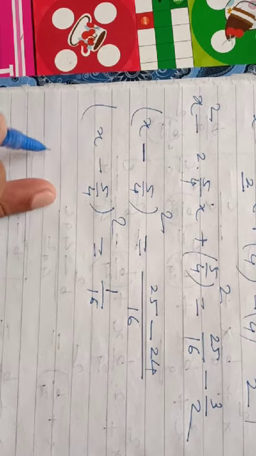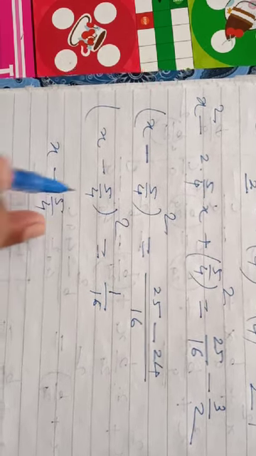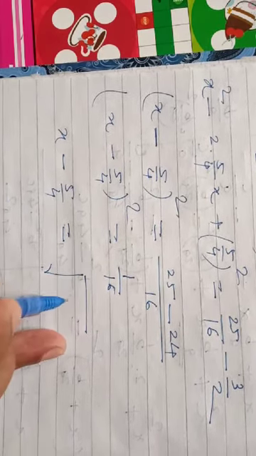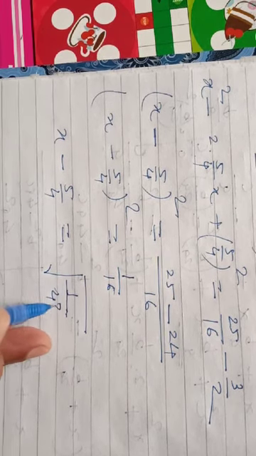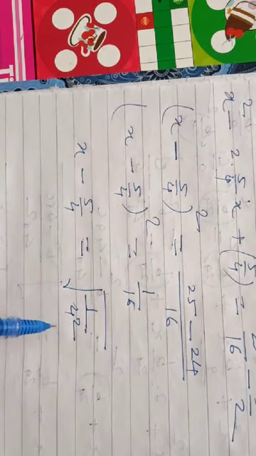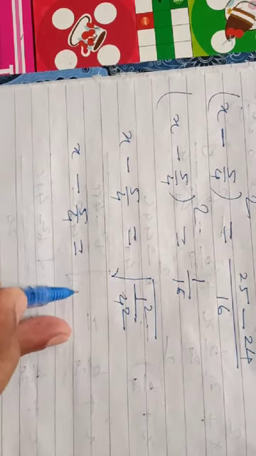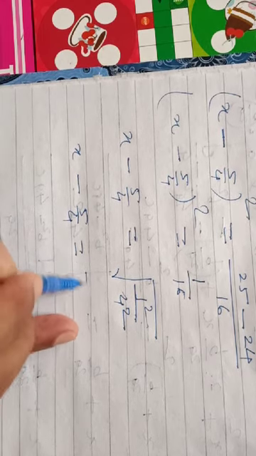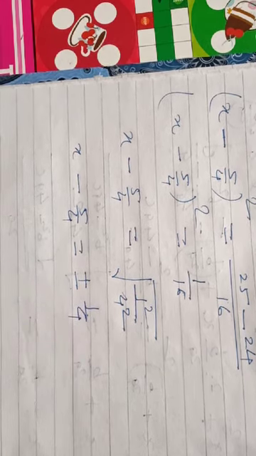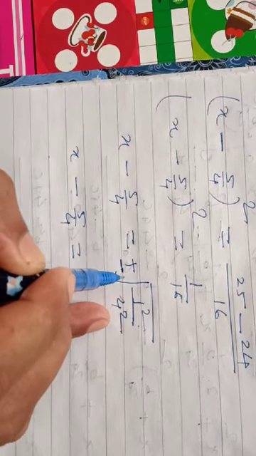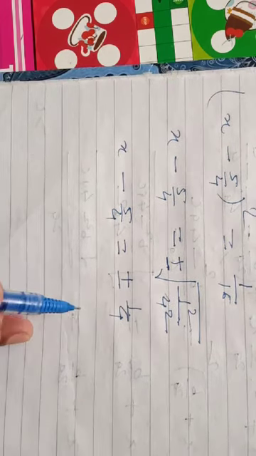Okay, now x minus 5/4, if you want to remove the square here, take the square root of the next term, 1/4 squared. 16 means 4 squared. So definitely you can take it out from the square root, and 1 is already 1 square, easily you can write. So what will be here? The value will be plus minus 1/4. Why plus minus? Here if you see the under root, definitely before the under root value you can write plus minus. Okay, plus minus 1/4.